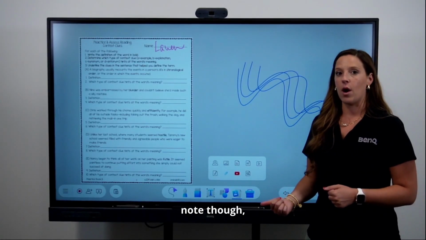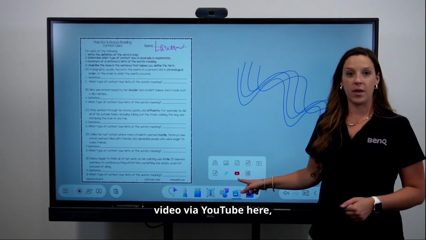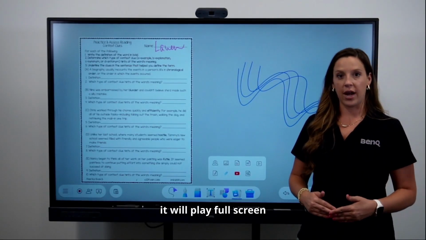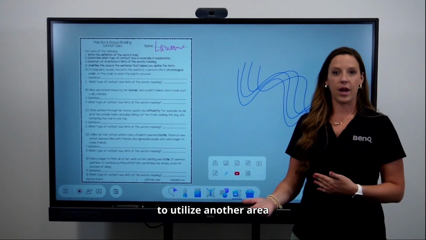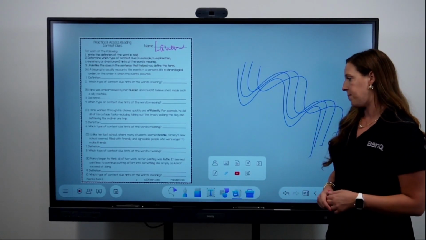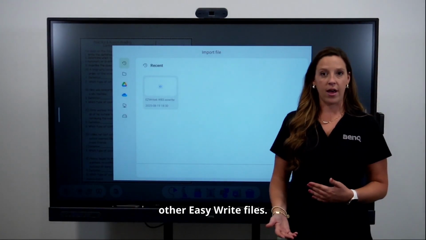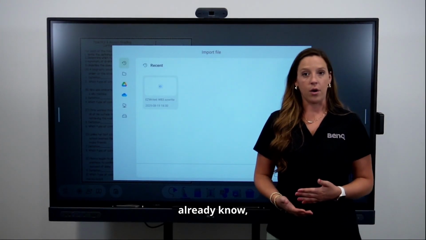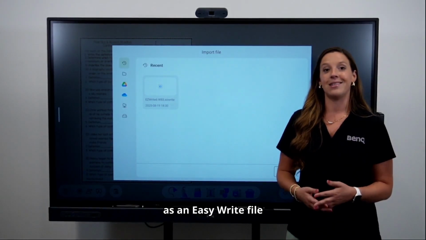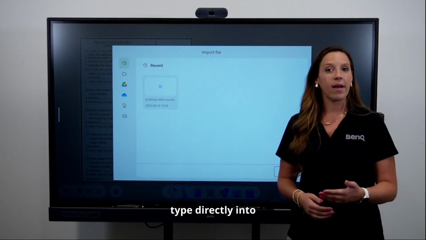One thing to note though is when you import a video via YouTube here, it will play full screen, so you won't be able to utilize another area of the whiteboard at the same time. You can also import from other EZWrite files. If you didn't already know, you can save your EZWrite lessons as an EZWrite file type directly into your cloud